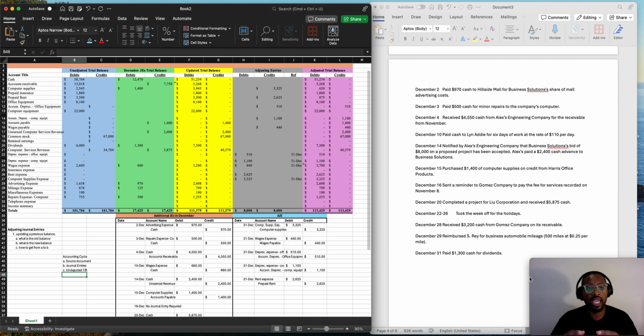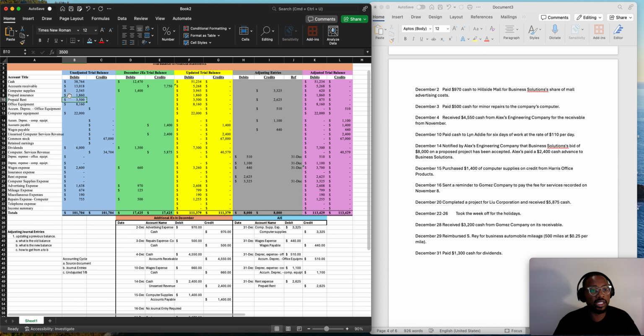So an unadjusted trial balance is a list of all the accounts that you've used in an accounting period and the amounts associated to it. Now, this is an example. This is not how it looks, but this is a simplistic example of an unadjusted trial balance. You have your list of all the accounts that you've used in the accounting period, and then you have your amounts, right? And you can see it's listed by debits and credits, and it's listed based on the normal